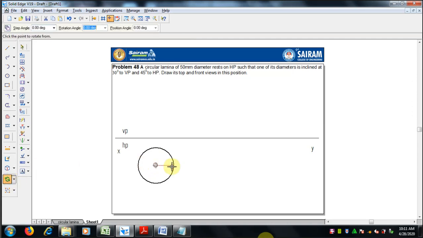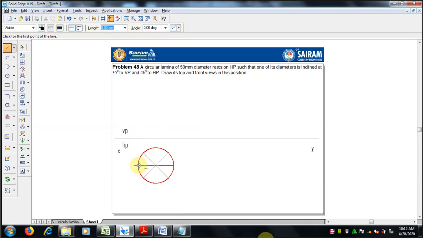Rotate, center point of rotation, go for step angle. A copy should be there, so repeated copy. Click on the circumference, click on the circle, you can get 8 equal parts.